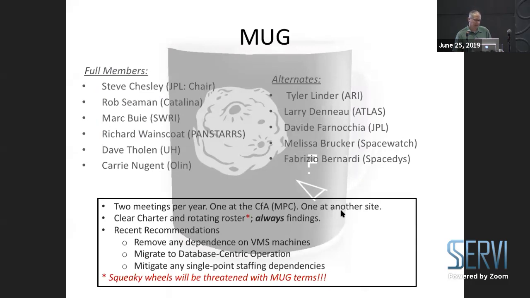And some recent recommendations is removal of dependencies on the VMS machines, migration to database-centric operations, and doing cross-training of the staff so that there's a more even distribution of the load for operations across the